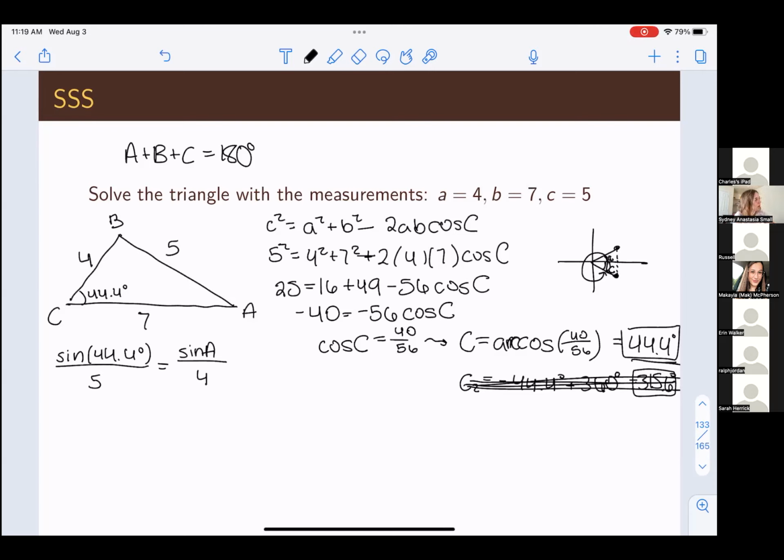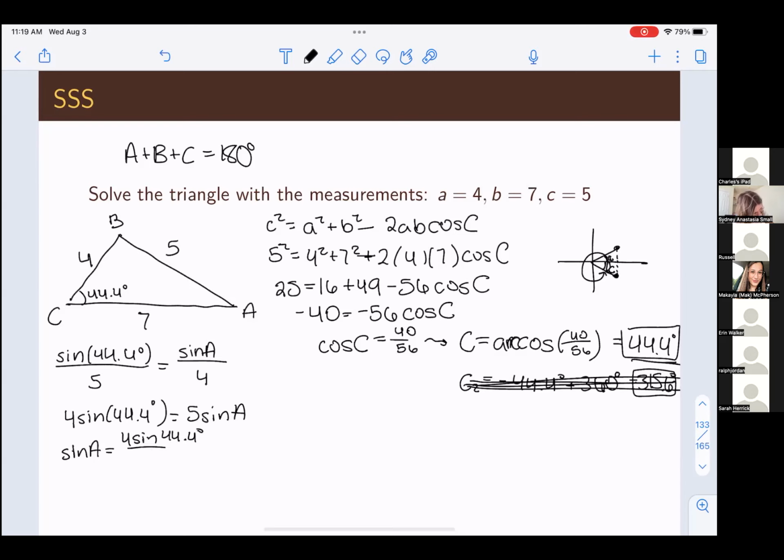Solving for A, we get that 4 times the sine of 44.4 degrees is equal to 5 times the sine of A. Dividing both sides by 5, we get that the sine of A is equal to 4 sine